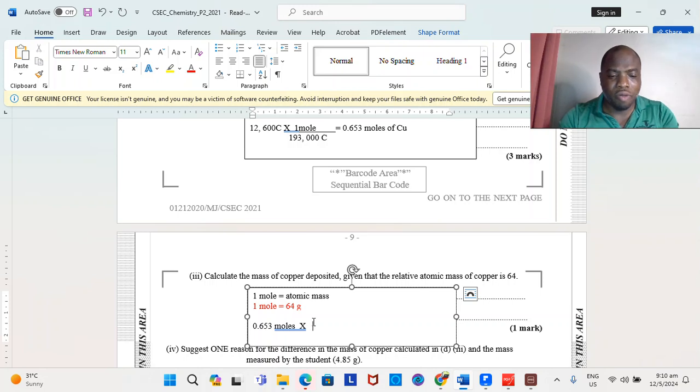So we said that we're going to have that 64 grams and in the denominator we're going to have that 1 mole. Now a lot of persons may use the cross multiplying method. Don't have a problem, you can use that going into the exam once you're used to it, but with this it eliminates any mistakes. Sometimes students ask, when do I divide? When do I multiply? So the moles cancel your moles, leaving your answer in grams. And they did ask you for the mass. So when we work 0.653 times 64,